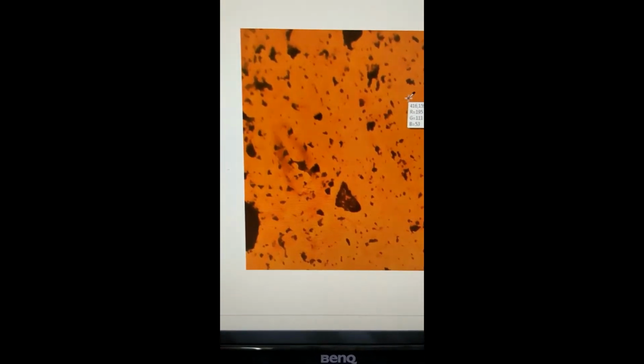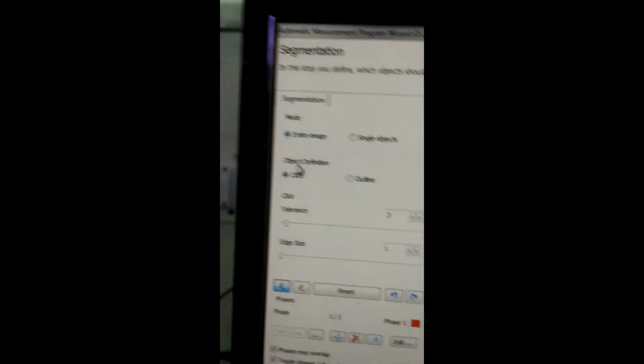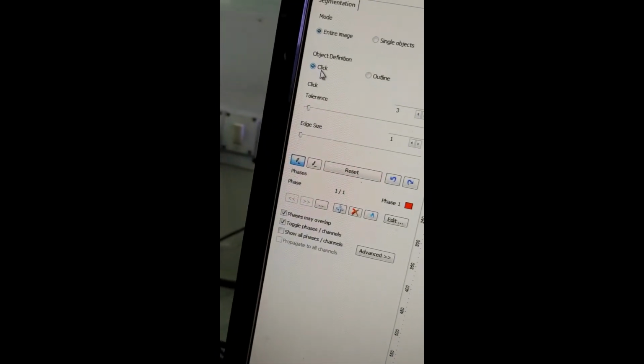If you select one particle, then that is the single object and its percentage will show. For the experiment we will take the entire image system, and the next option is click option or outline option. For outline, we have to go to outline if we are selecting single object, but we are selecting the entire image first, so we have to go with the click option, this one.